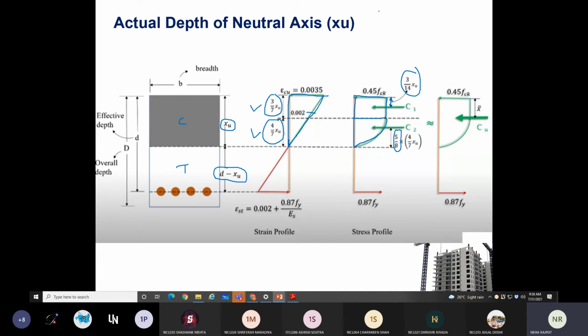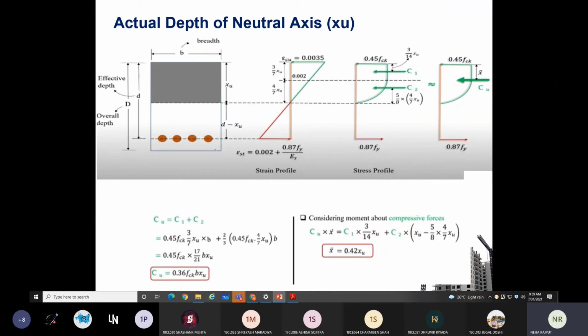So now I have the term like A1 x1 plus A2 x2 divided by A1 plus A2. From this I can get the x bar value, the CG value. Now I want to find out this A1, A2. So what are A1, A2? A1 is my area of this rectangle portion. A2 is my area of this parabola portion. So how to find this area?